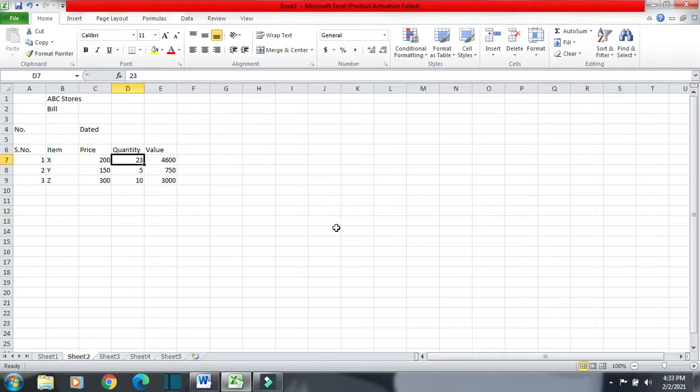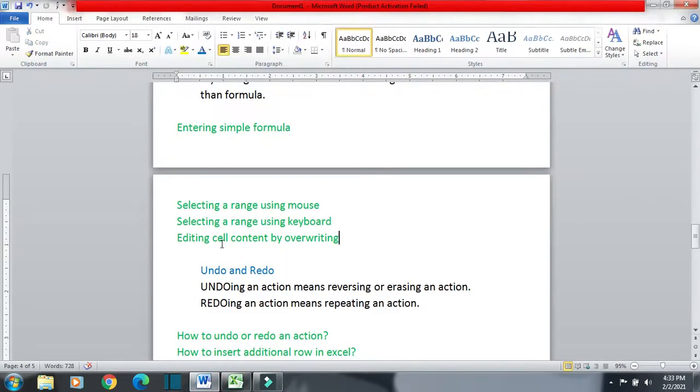Again, if you want to change the value from 23 to 70, just type 70 here and then press enter. So this way you can overwrite on a cell to change the value. Suppose you want to change the value from 10 to 9. Just overwrite and then press enter. This way we can edit a cell content by overwriting.